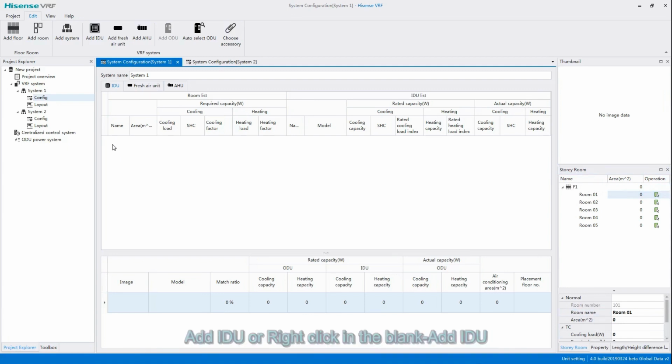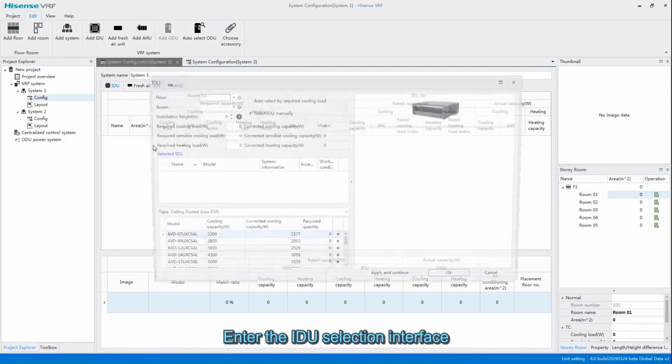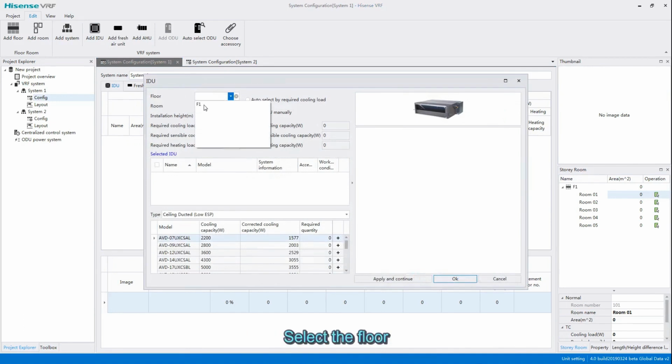Next, to select the indoor units for the floors and rooms selected, click on the Add Indoor Unit icon or right-click in the blank areas. Fill up the necessary information, which includes the indoor unit type in the drop-down list below. Then, on the right side of the Floors and Room tab,